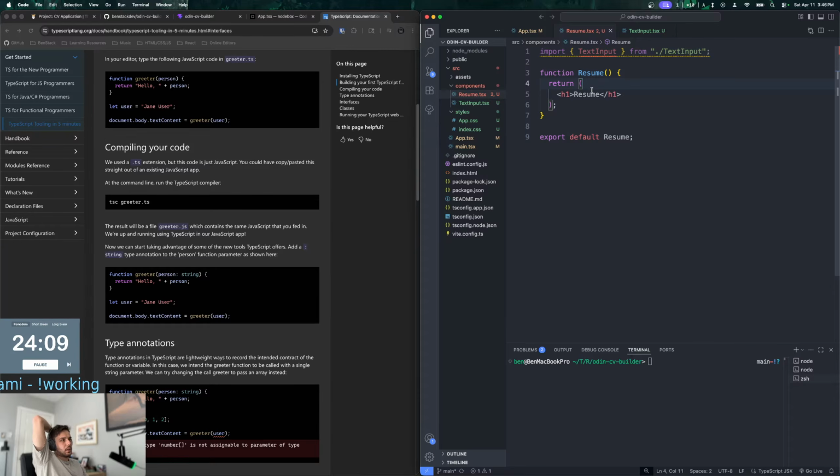I could make a general component for the sections, whether it's general info, educational experience, etc., right?